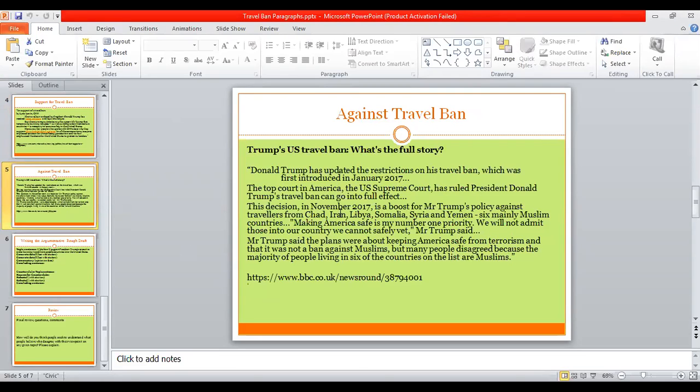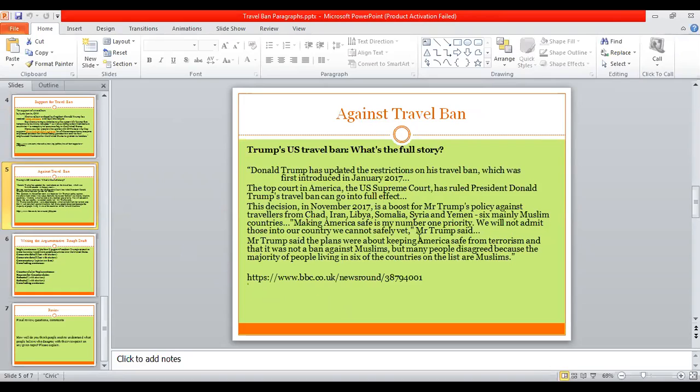And again, this is an article that I got off the BBC website, and I just went ahead and I just pulled out any parts that were evidence for us. And so this is just a really kind of cut down version of the article. So do you want to go ahead and read this one, or do you want me to take a turn? Your turn. Okay, fair enough, fair enough.